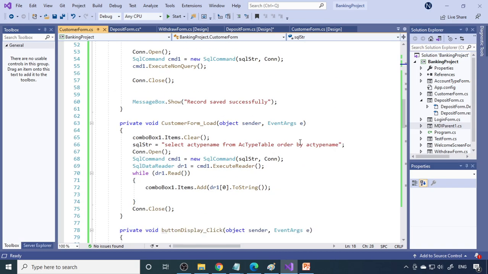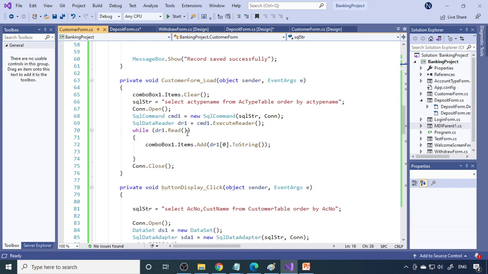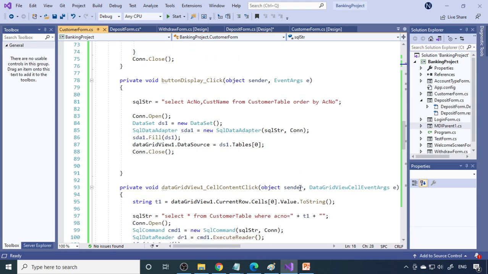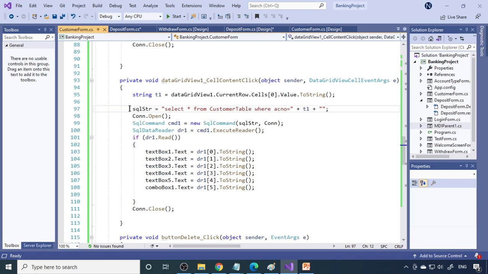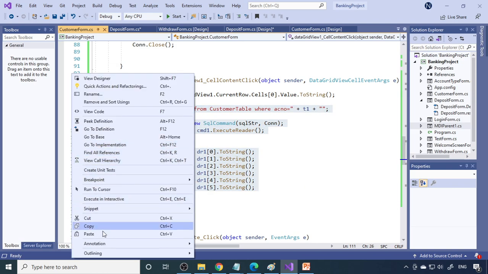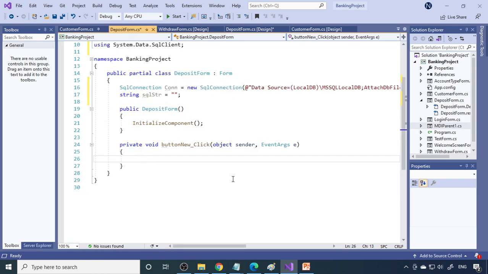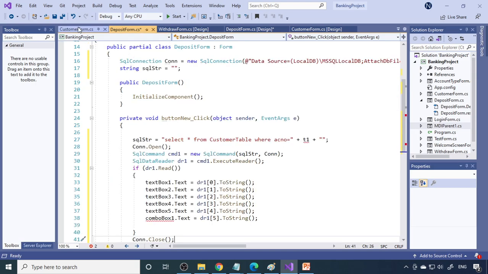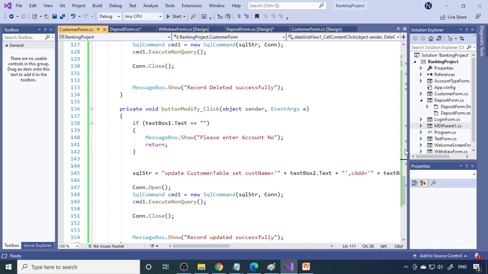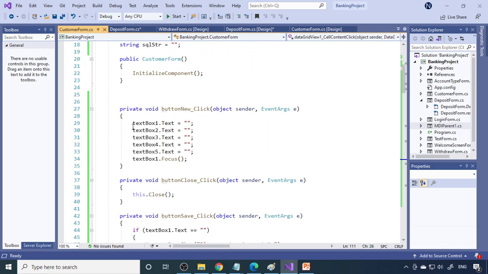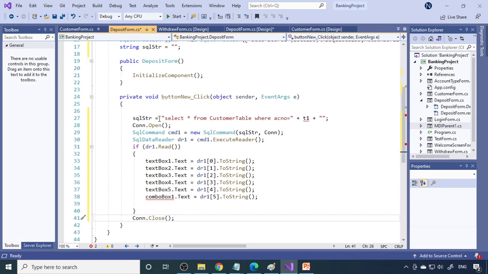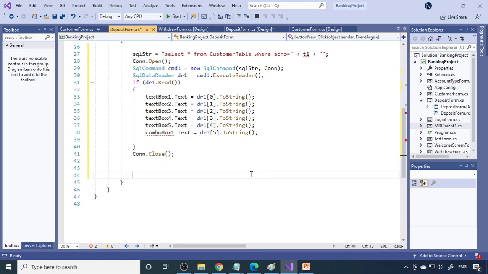Now we need to generate the new number. Even any select statement will do the job. Therefore I can select this. If it is there here, okay, we can use this one only. We'll copy this. So here when I click new, okay, so first new, check the code for new here. So here it is. So after this code.